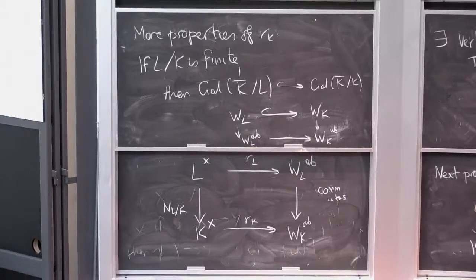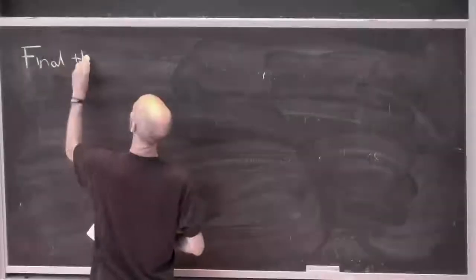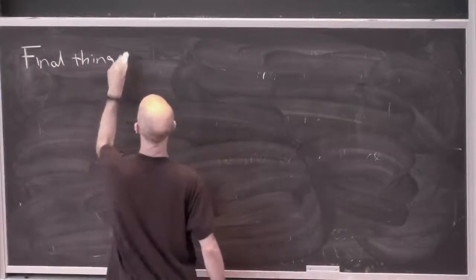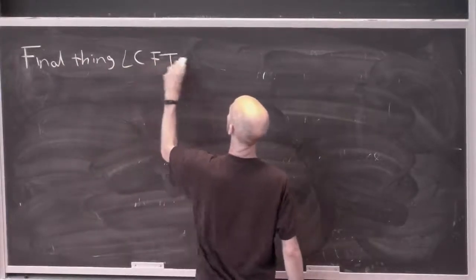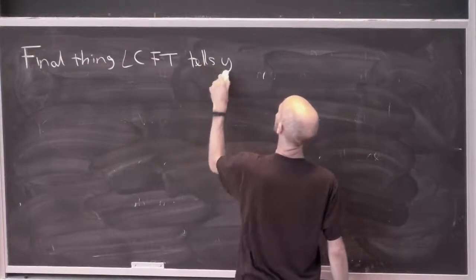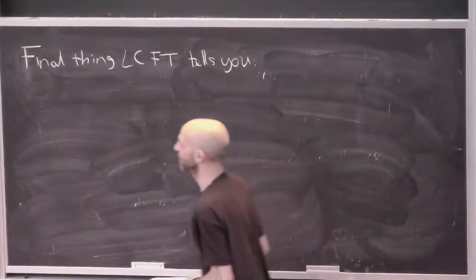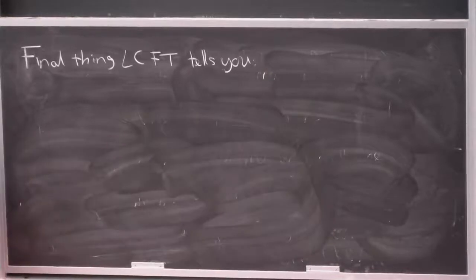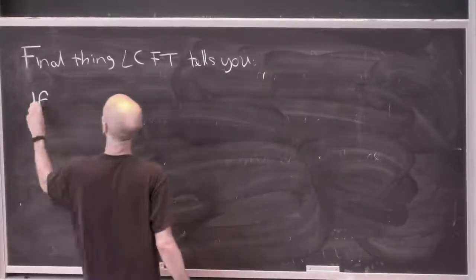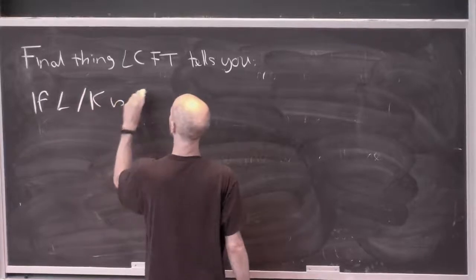So class field theory tells you an awful lot about these things as well. But let me just tell you the final remark, the final thing local class field theory tells you. It is a lot of statements about cohomology groups, but let me just briefly give you one of them. If L over K is finite Galois,